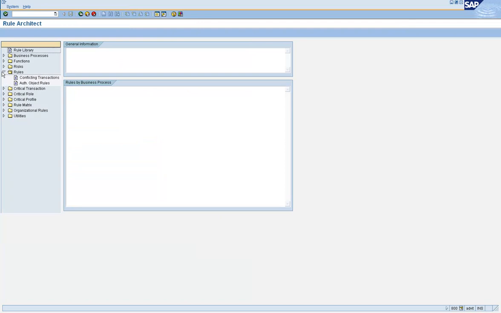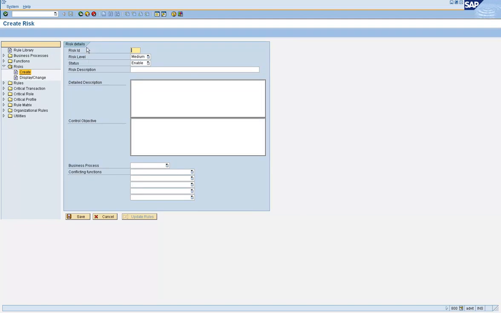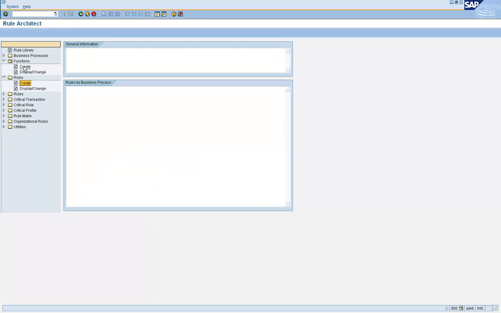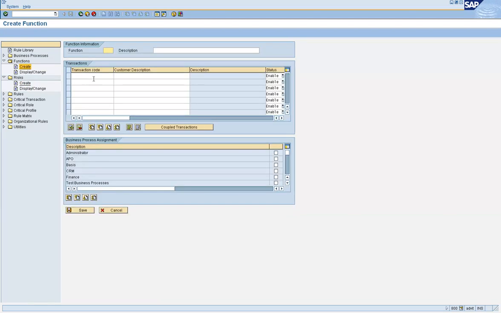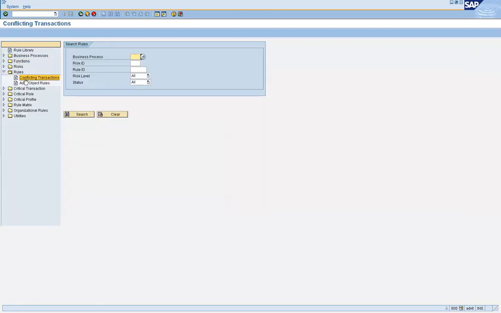So you have this thing here. Maybe within functions you'll have it. Now functions is a grouping of functions, conflicting transaction codes. Now this is a report.